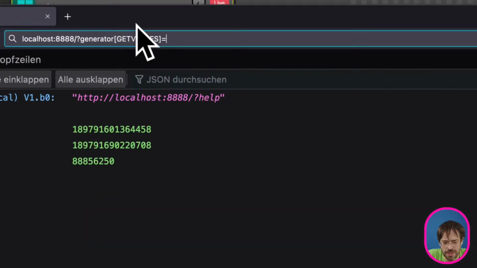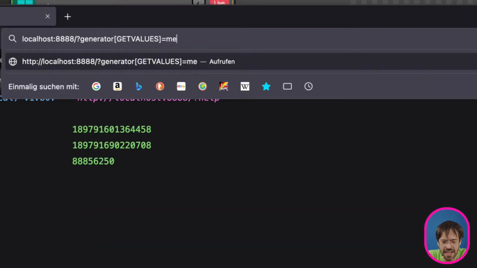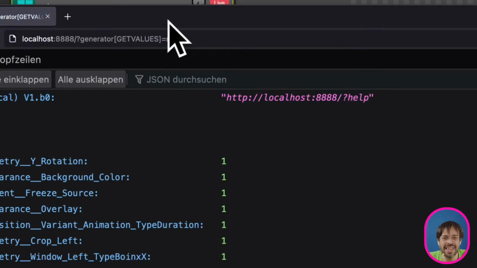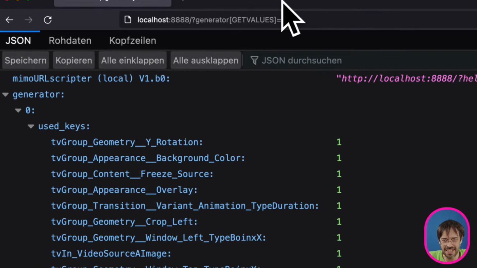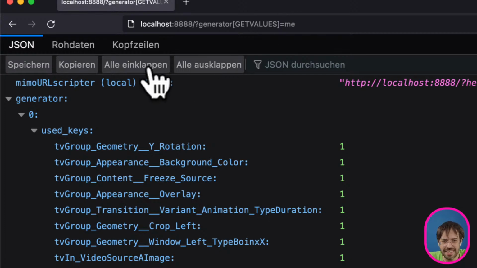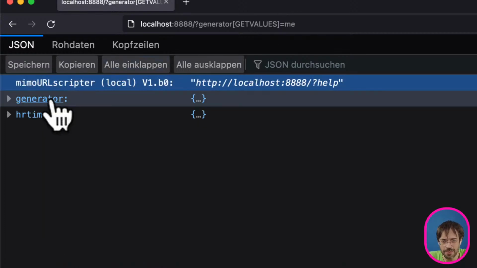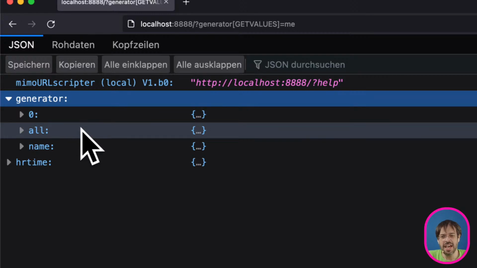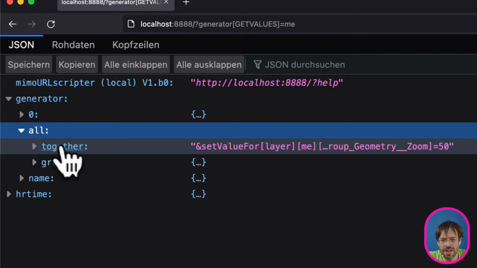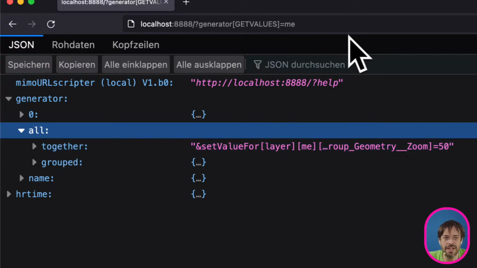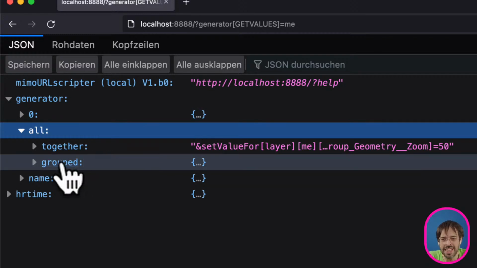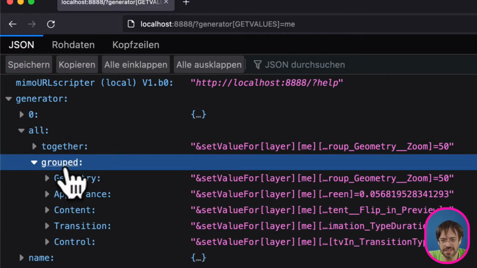So I do this here, me, and press enter. Now I get all the values and keys, and I flip it in so that we can browse the generator. So now I want to have it for all the layers, it's one. I could place 20 layers here and change everything in one bunch, but I don't need this at the moment. So I can press here the grouped